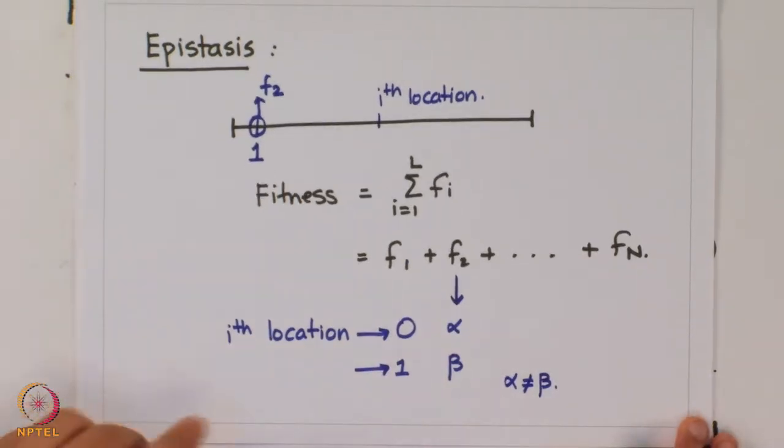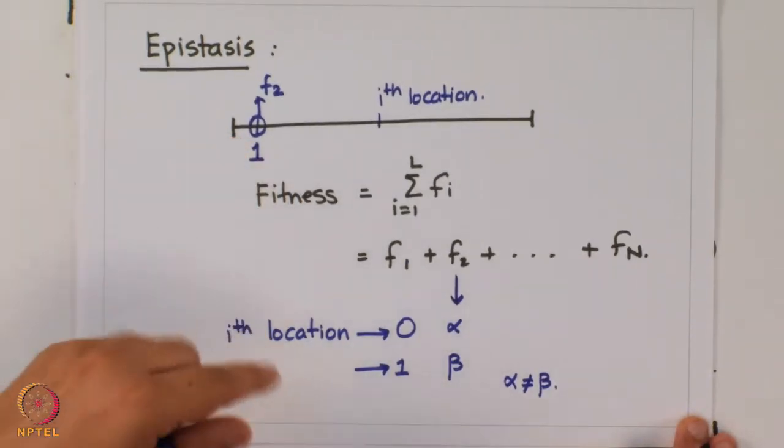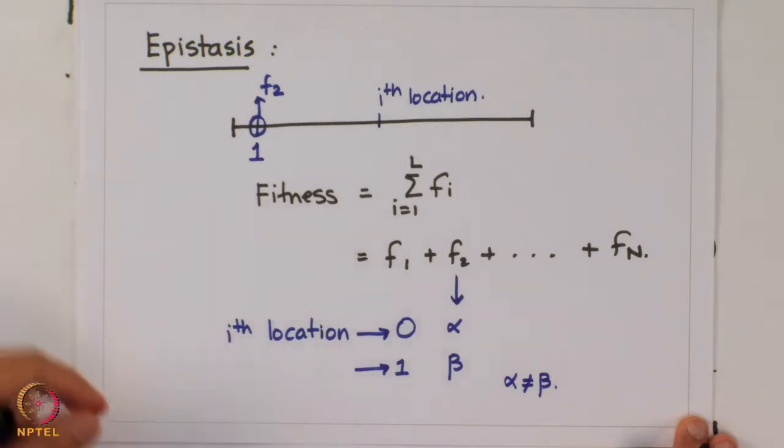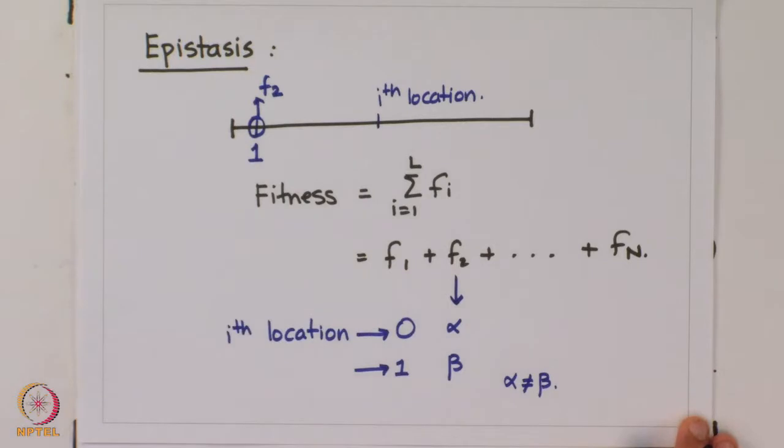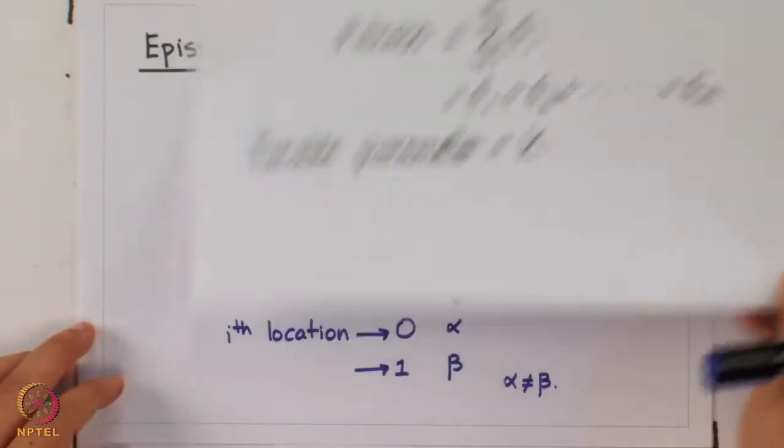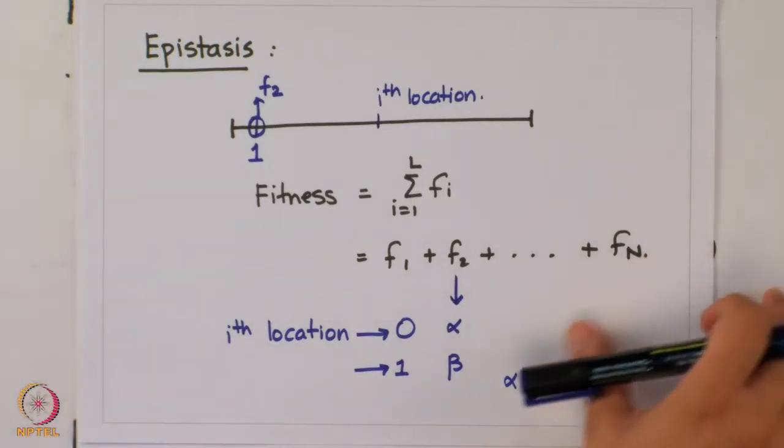This phenomenon, that the fitness contribution of a particular nucleotide or locus on the DNA is dependent on what is present elsewhere on the DNA, is called epistasis, and it is a widely observed phenomenon when it comes to fitness landscapes. And that leads us to the tunable parameter K, which is associated with NK models. And what K allows us to say, what K represents is,